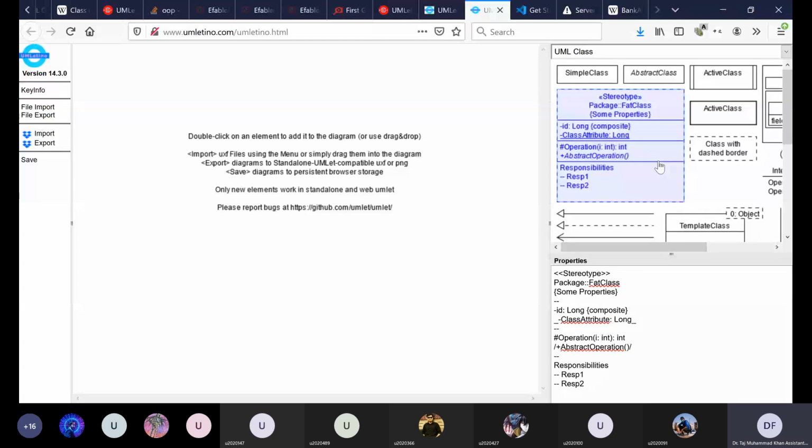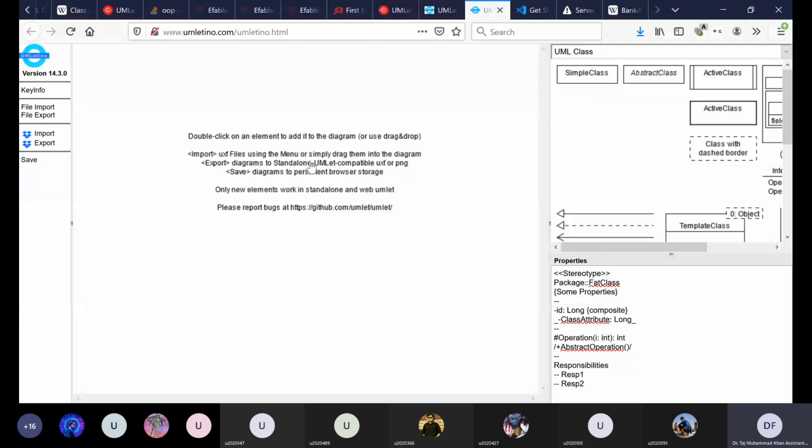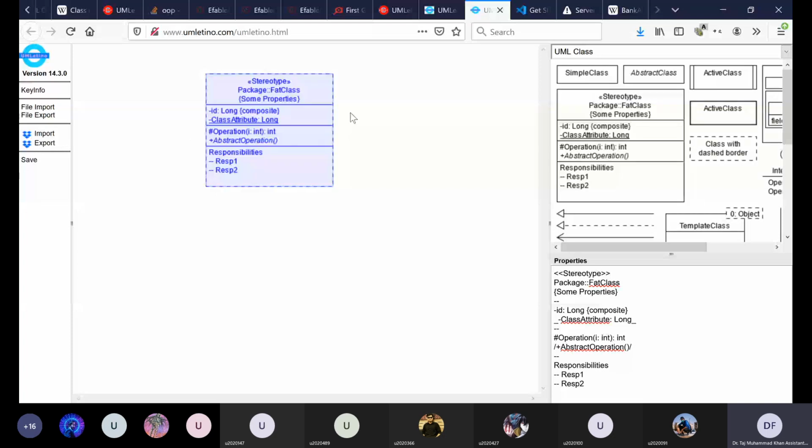Let me make a copy and an instance here. Now I have this class. I can sketch this class like this, and then I can give it the name that I want.